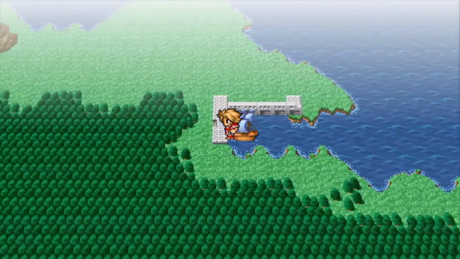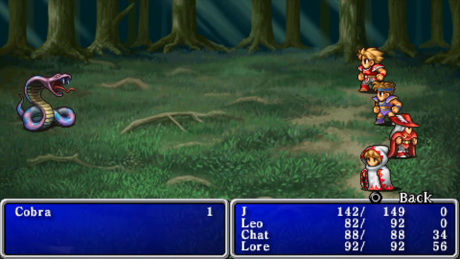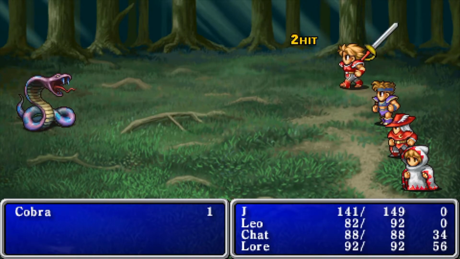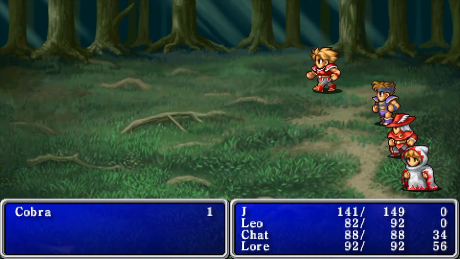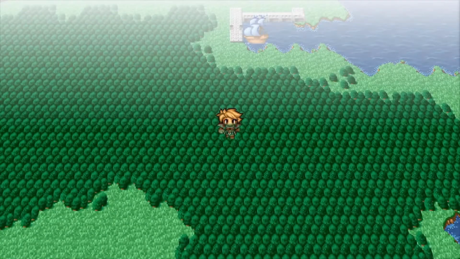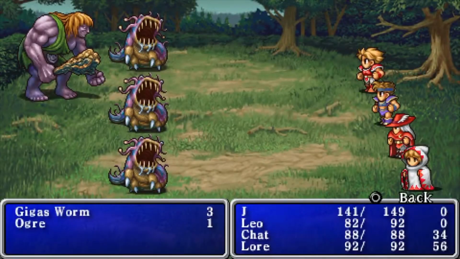Fights. We're down here. Around here, we have some good experience fights. There's ogres. What I remember playing solo, at least. Ogres should give pretty good money and XP. We run into them. Yeah, they're